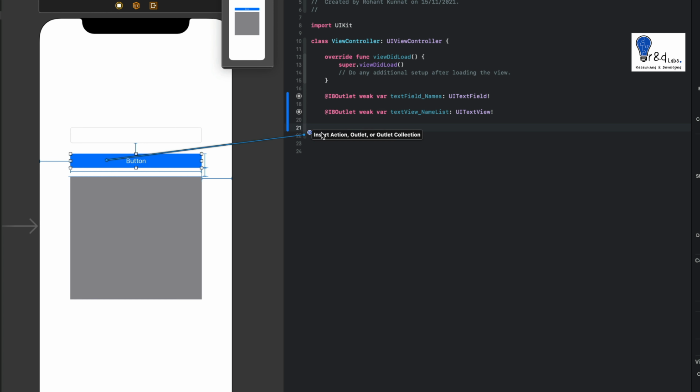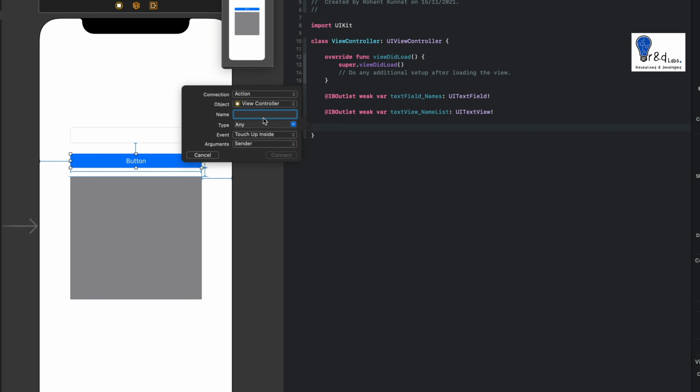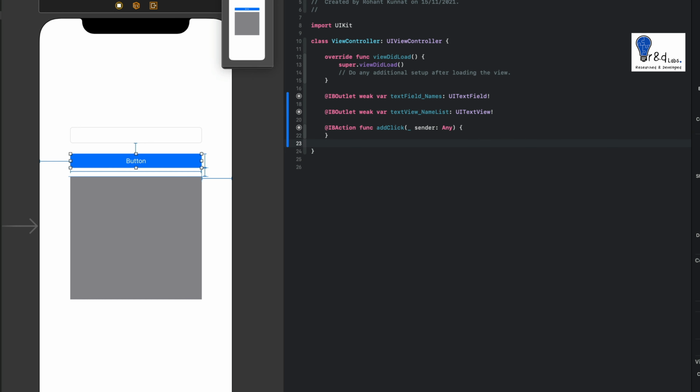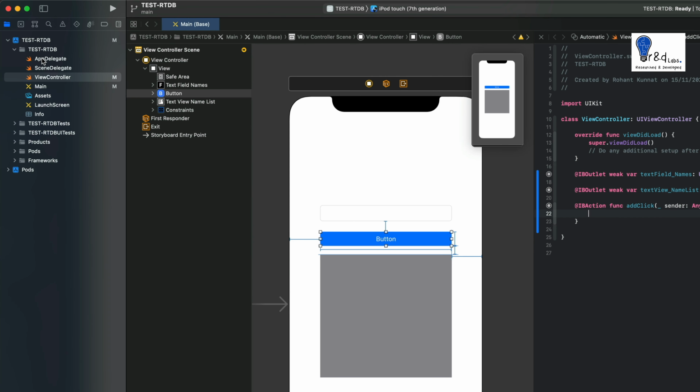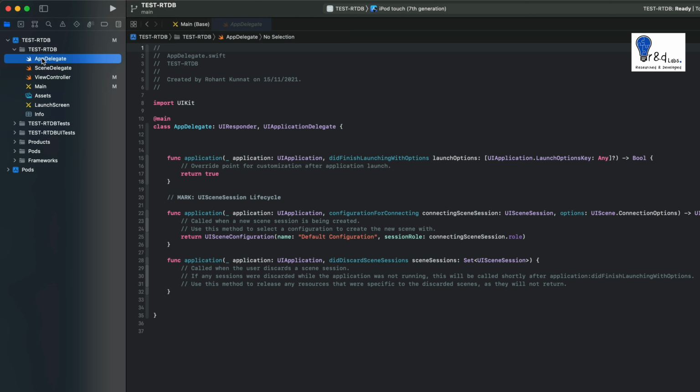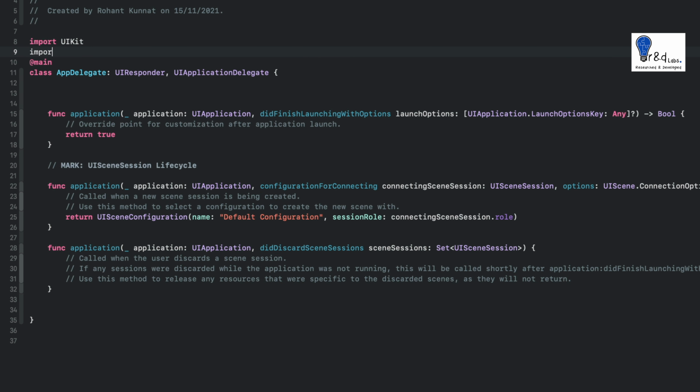So let's write action. Let's say add click. I'm just naming it as add click over here. So now the UI part is ready. Now let's plug in our Firebase modules into our project. So let's import Firebase,